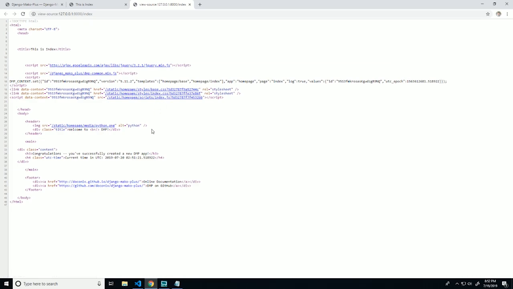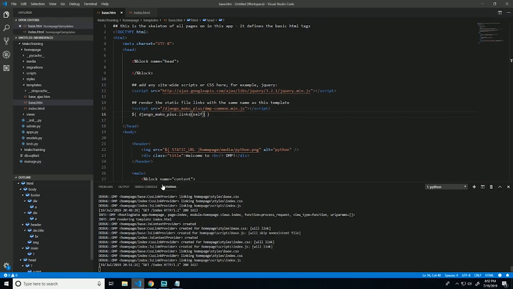And the reason it imports base.css is that we inherit from base.htm. So it's going to bring in all of the inherited other links as well. And so if you don't really get how this is working yet, let's figure out an example that we can show you here. So to get a better understanding of the file system,